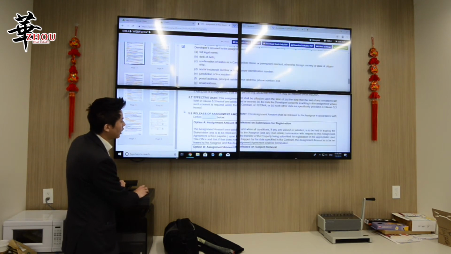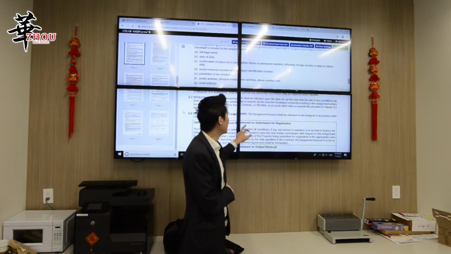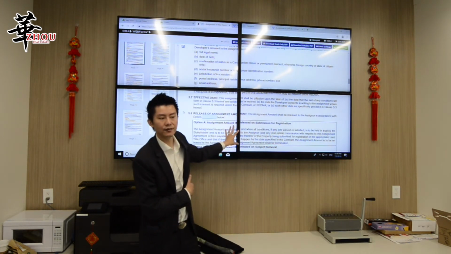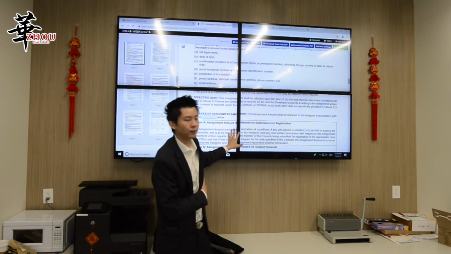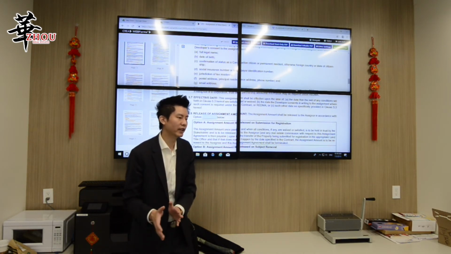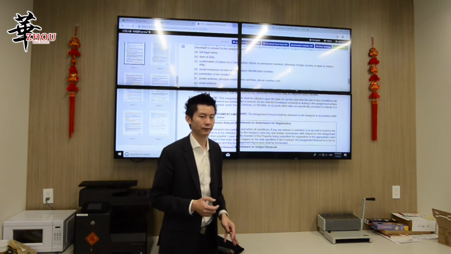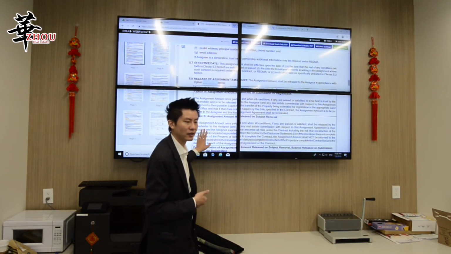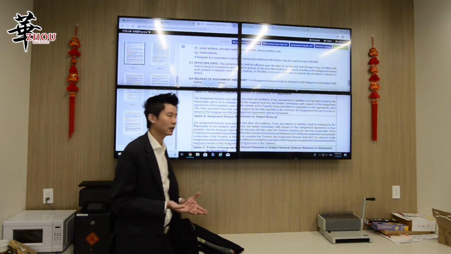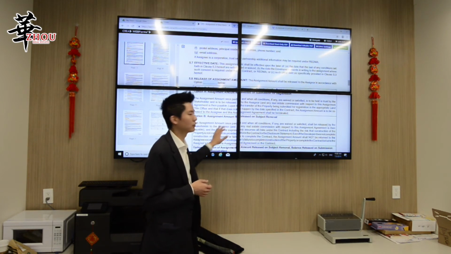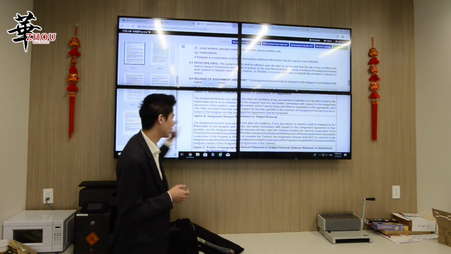So option A is assignment amount released on submission of registration. This is very good for buyer because you don't pay the assignment amount until the project is completed and registered into your name. Option B is the seller's especially preferred payment because they can get all the money upfront when they remove the subject. That means when they get developer's consent, they will be able to get all their money. So that's option B.